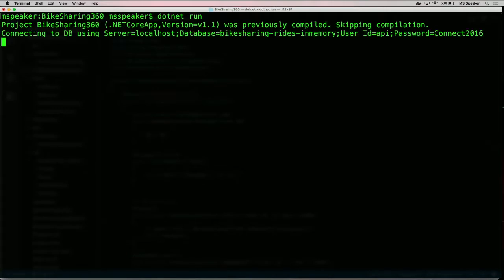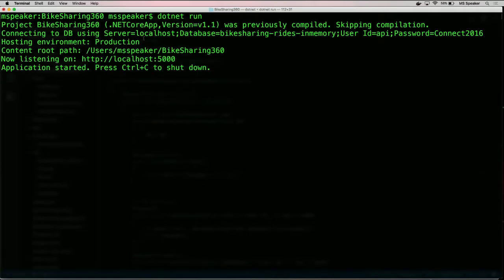I'm just going to do a .NET run. And as you could see, I'm connected to my local host, and my database is Bike Sharing rights in memory. All right. Now let's go back to that REST API client and issue some of these API commands against this application to see how long we are taking to retrieve the results back from the database